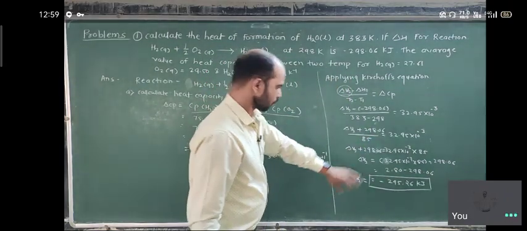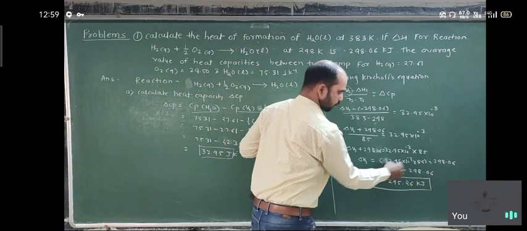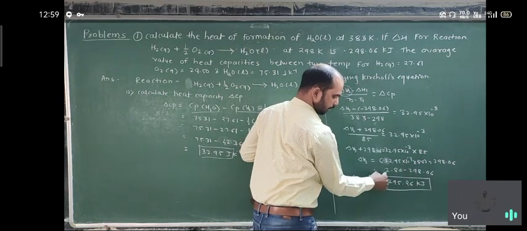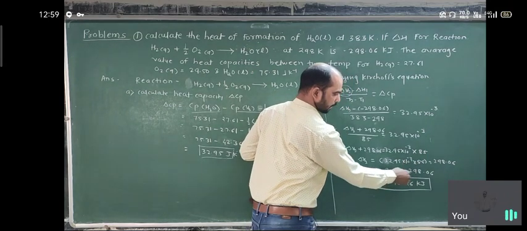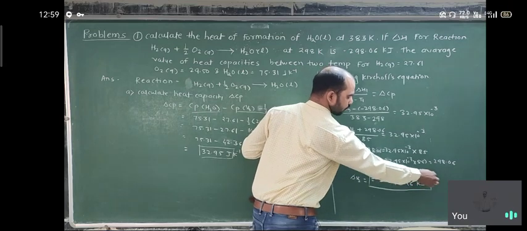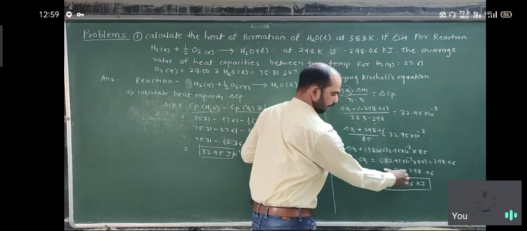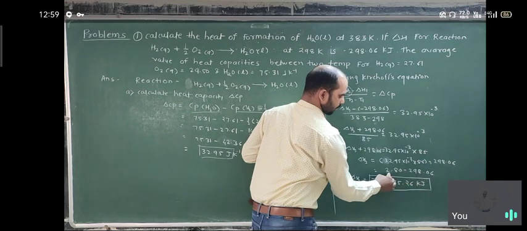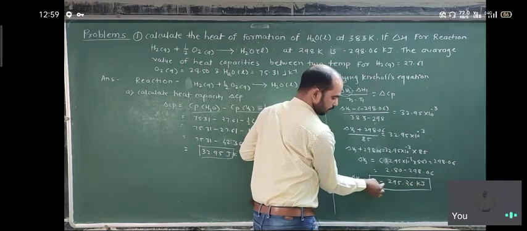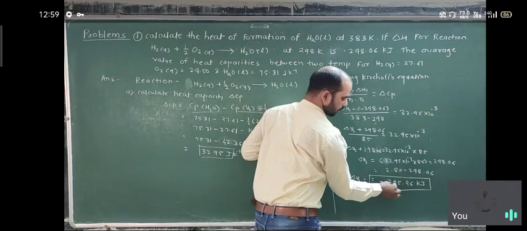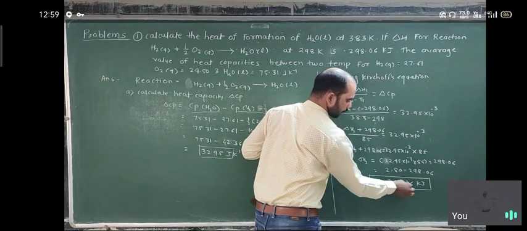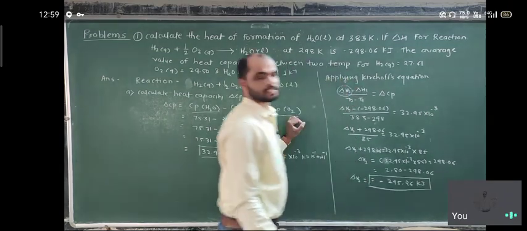Okay, so finally, first of all we solve these two. When we solve these two, the answer will be 2.80 minus 298.06. Here the value is smaller and larger, so when this subtraction is done, a minus sign appears. After this subtraction, the remaining is 295.26 kilojoule, which is the answer.